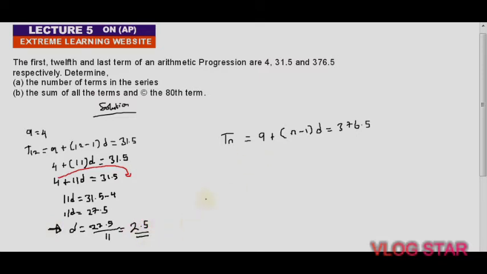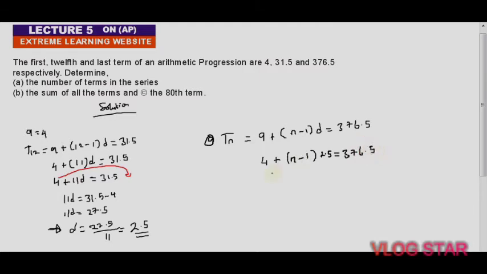Then let's move over to this side. We have our A to be 4, plus, we don't know our N, that is the number of terms. This is actually the first question, the number of terms. So we have A plus open bracket N minus 1 close bracket, and our D we got to be 2.5, is now equal to